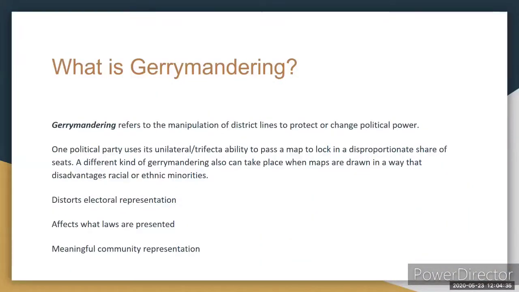And gerrymandering, we spoke about this earlier. It refers to the manipulation of district lines to protect or change political power. One political party uses its unilateral or trifecta ability to pass a map to lock in a disproportionate share of seats. And this is why those guidelines are there in terms of not drawing the lines based on race or ethnicity. But we see every day how divided our communities can be. So sometimes that's impossible to do, and that's where you get those leeways